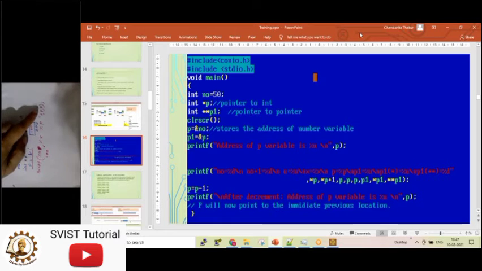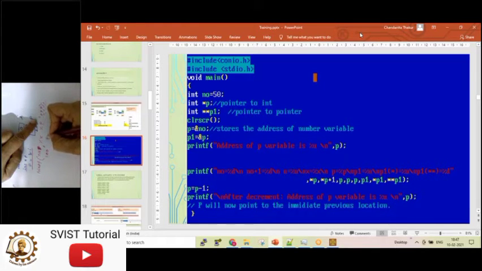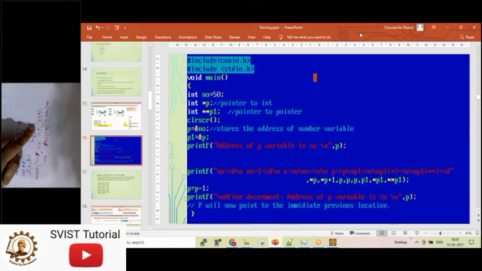But when I give %x and %p, I will get the hexadecimal address of 100, and for p also the hexadecimal address, because x and p print the address in hexadecimal form, and u prints the value of an address in decimal form.